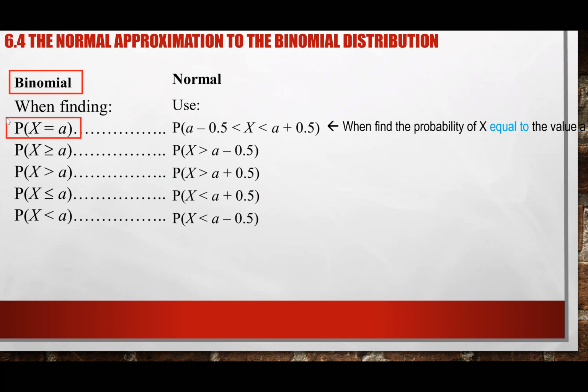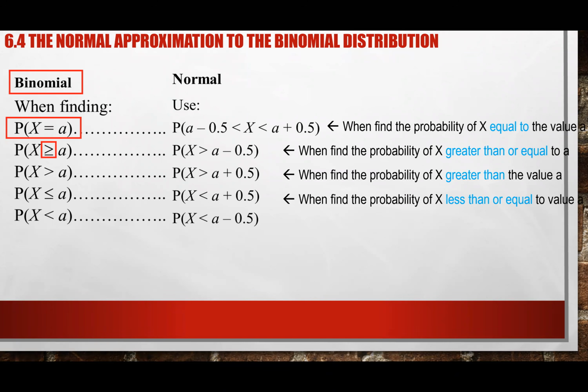This is what you need to do to adjust your endpoint by adding 0.5 and subtracting 0.5. Find a lower limit, a smaller boundary, by subtracting 0.5, and the upper boundary by adding 0.5. If the endpoint is included, if they ask you to find x is bigger than or greater than the area, and the area is included, we need to subtract 0.5. And again, if it does not include it, we add 0.5 in the sense of this item, and vice versa